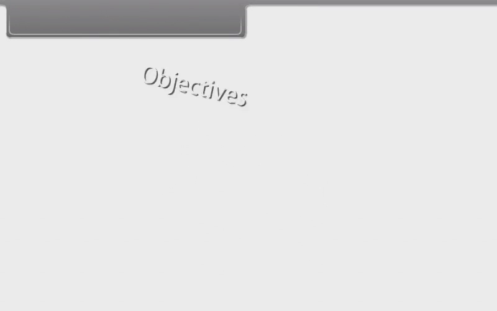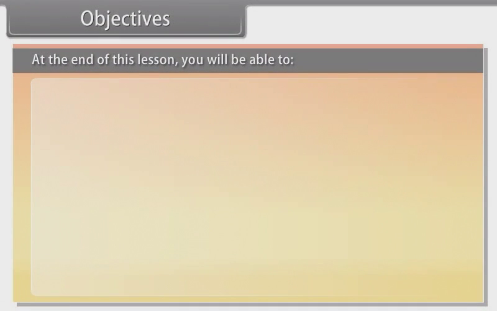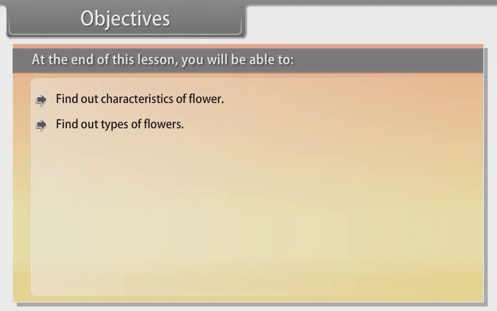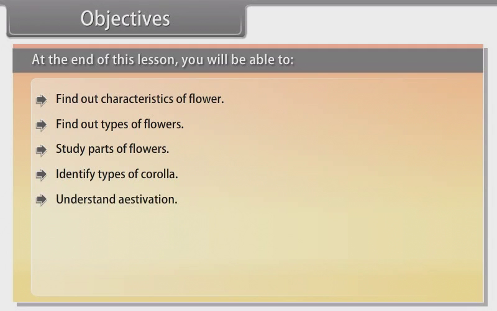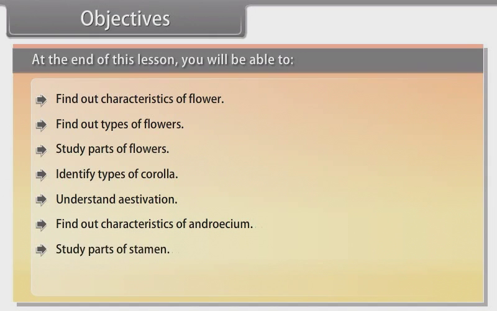Objectives. At the end of this lesson, you'll be able to find out characteristics of flower, find out types of flowers, study parts of flowers, identify types of corolla, understand aestivation, find out characteristics of Androecium, study parts of stamen, find out types of